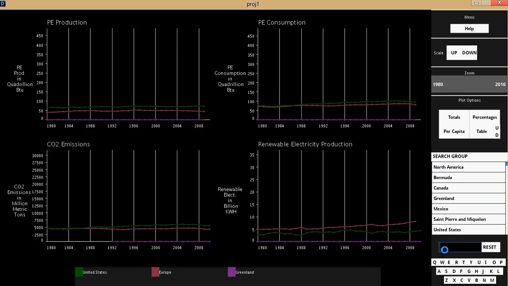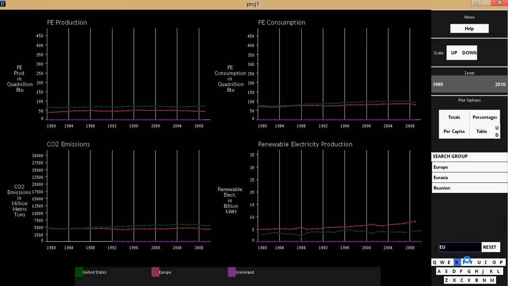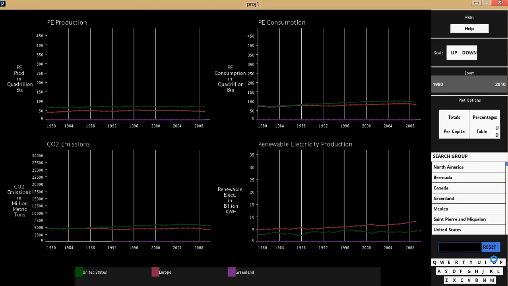The list can also be filtered using a convenient on-screen keyboard that is provided with the application. So let's say if I want to look up a country, say, or a region, say Europe. So I've clicked E and U, and it automatically populates it in the search box. And once you select Europe, it will automatically populate it back. So that is concerned with the on-screen keyboard and the values.